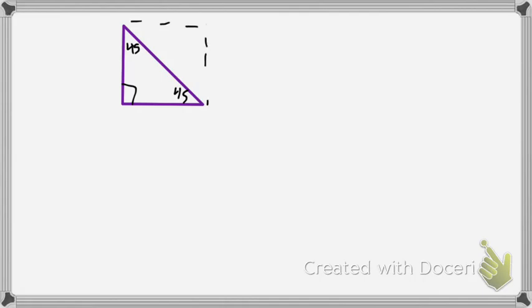So there are two special triangles we're going to be dealing with. Those are the 45-45-90 triangle and the 30-60-90 triangle. We're going to start off with the 45-45-90 triangle. Now, what the 45-45-90 triangle is